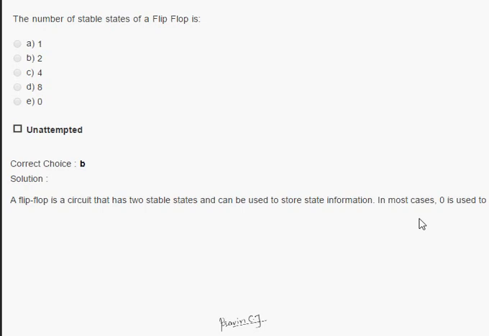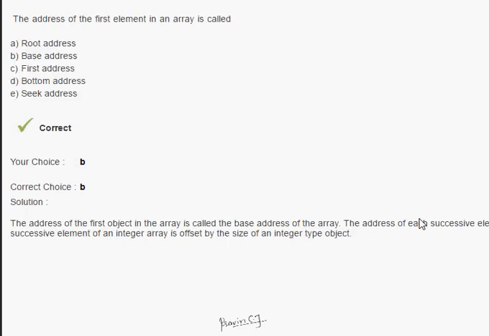You must know it's the smallest unit of a memory, one of the smallest memory registers. That is the flip flop. You may find options like the half adder, whatever options may be there, but the flip flop will be the answer for such a question. Okay, next question is, the address of the first element in an array is called as